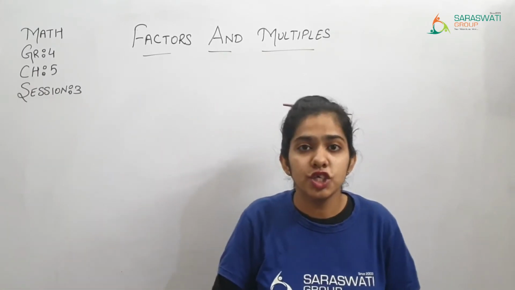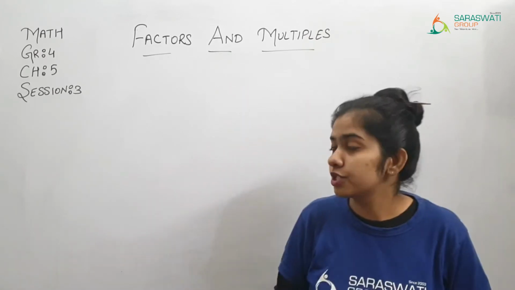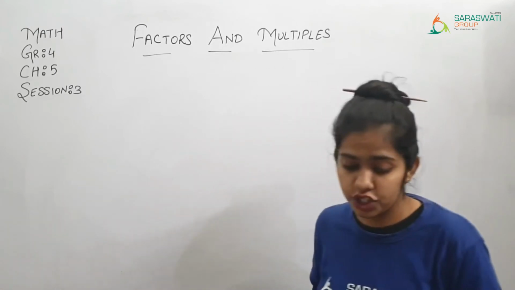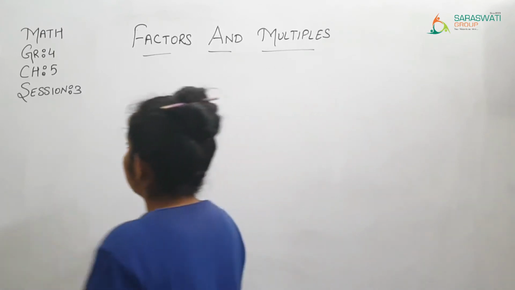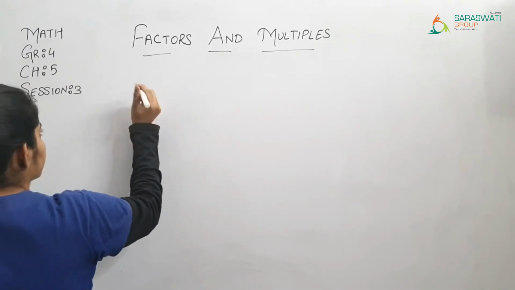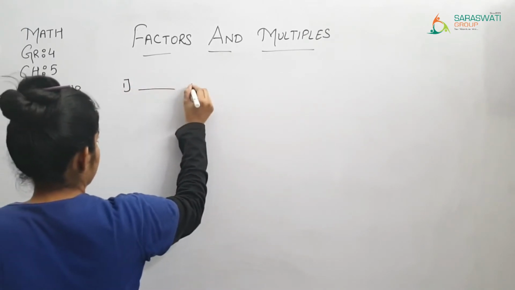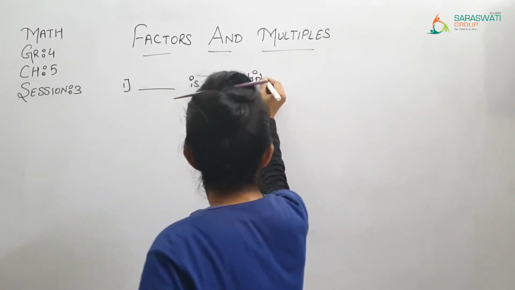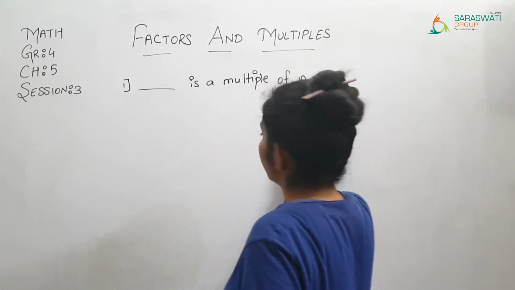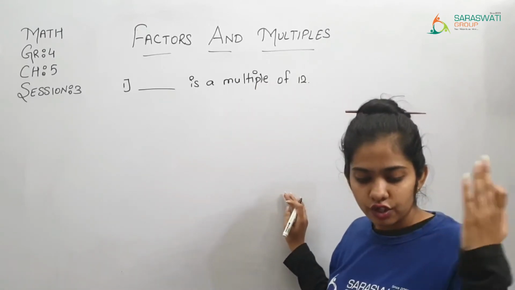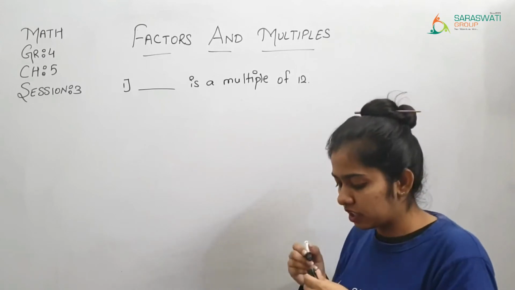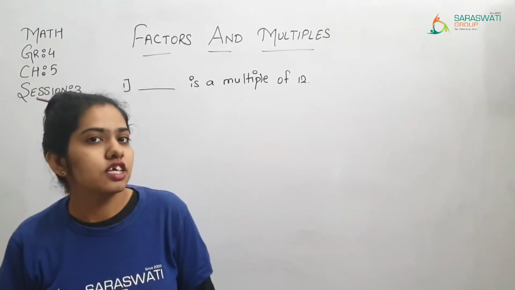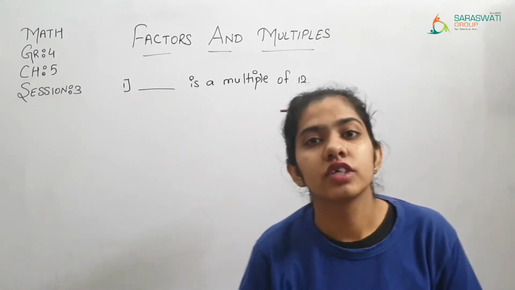Okay, so our question number 3 is choose the correct option. હવે લોકોએ correct option choose કરવાનો છે. So the first question is dash is a multiple of 12. Then the options are 24, 6 and 2. તો આપણને ફેક્ટ તો ખબર જ છે કે 12 થી નાના નંબર હોય 12 ના મલ્ટીપલ ના હોઈ શકે. So 24 is the multiple of 12.